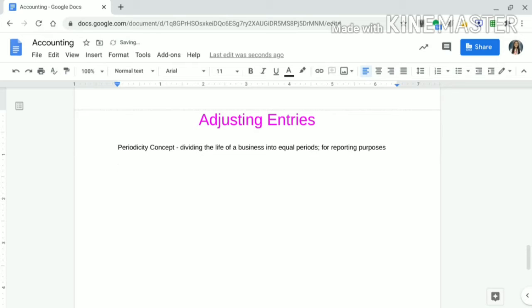So, yung life ni business, it depends kay business kung anong period ang gusto niya. It could be monthly, it could be quarterly, or it could be annually. Okay? So, pwedeng alamin ni business kung ano na ang standing niya every month, every quarter, or every year. Usually, ang ginagamit ng business is annual period. So, sa annual period,